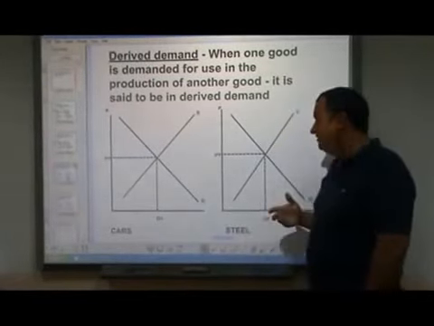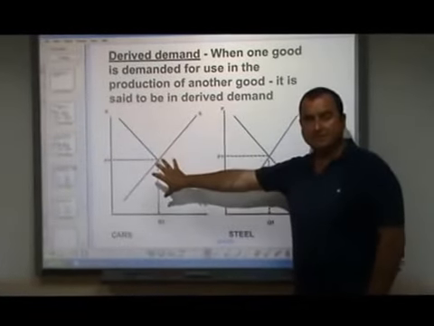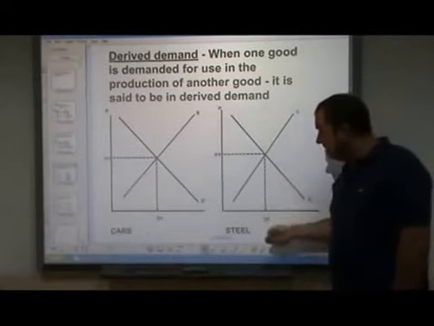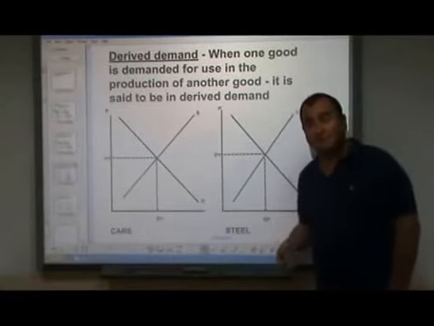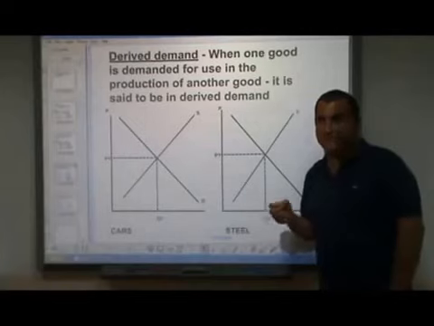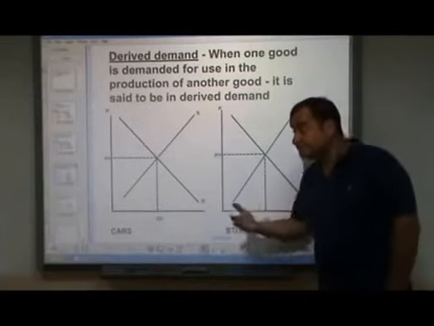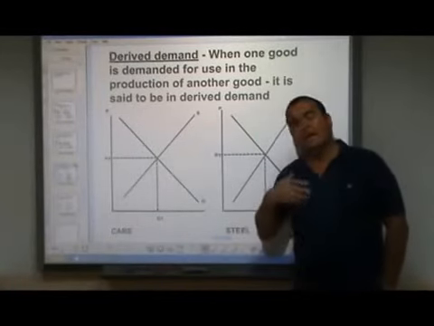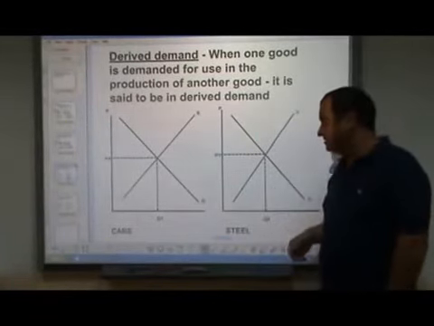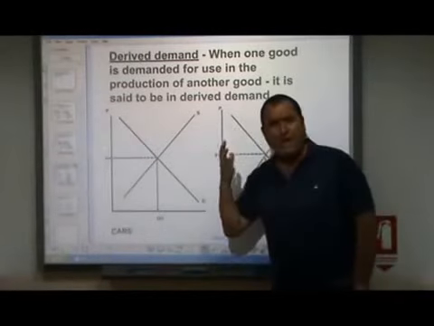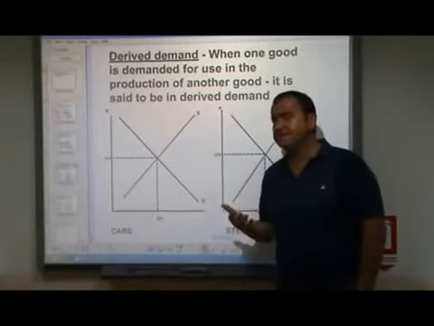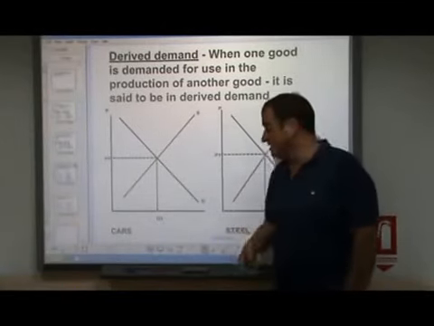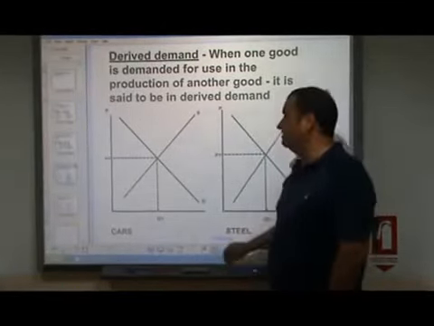Well, if there is some change in the car industry, it's going to affect the steel industry, because the demand for steel is derived from the demand for cars. No one demands steel for the sake of steel. The only demanders of steel, in my example, is the car industry. So let's imagine that super awareness of the environment and concern for the environment leads to a fall in the demand for cars. If there is a fall in the demand for cars,